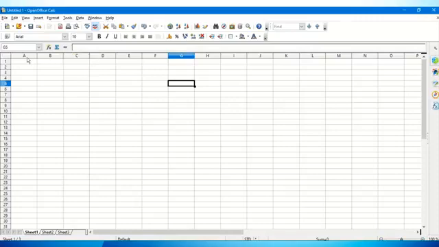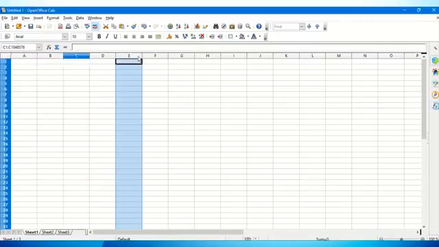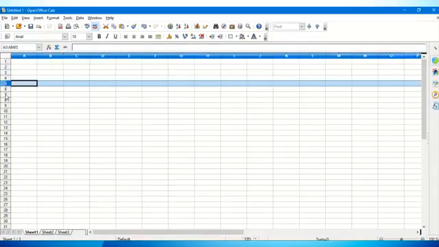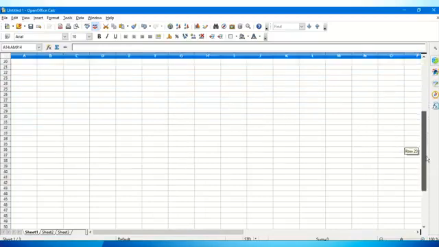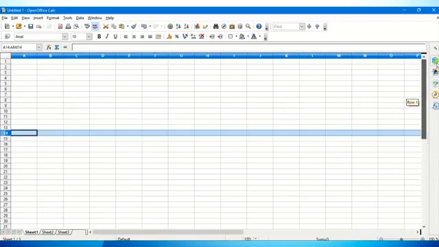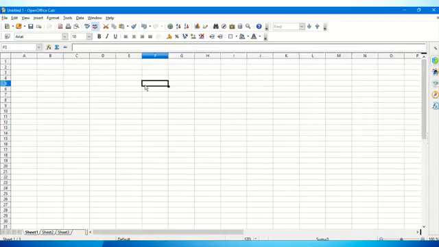Now below this is your actual column headings A, B, C, D this way, and the row numbers one below the other. Now on the extreme right hand side is your scroll bar, which helps you to scroll up and down the sheet, and besides this is your properties bar, that is you can click over here and get to see certain properties with the style and formatting windows, galleries, etc., navigators, and the functions can be done from here also.